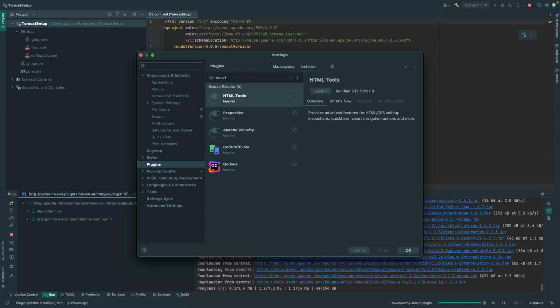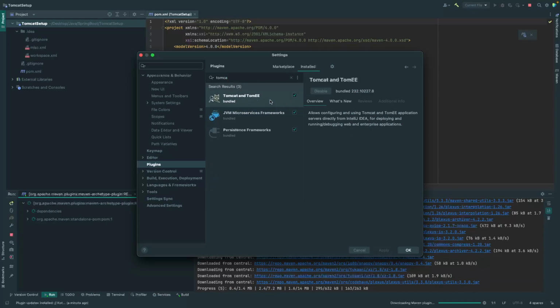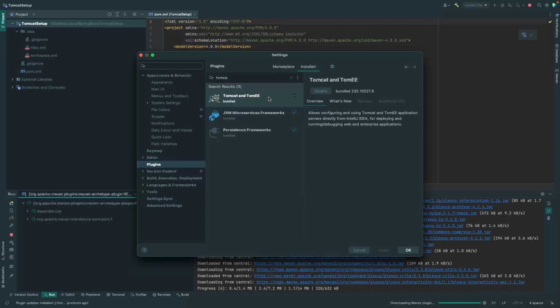Or maybe, let's see, Tomcat. Okay, so for you it might be different because this is an Ultimate again. The plugin that you will need to download, it's